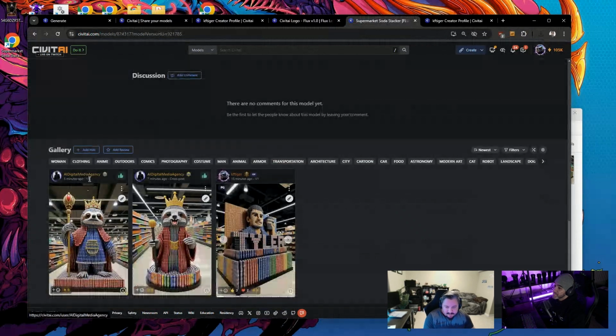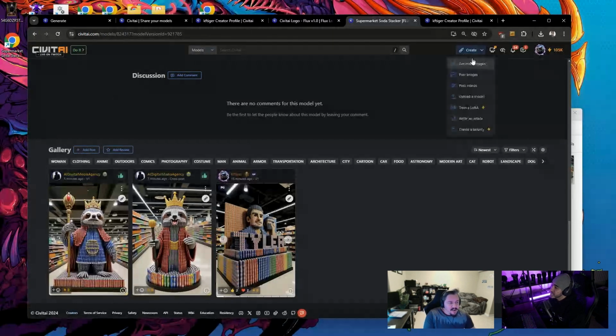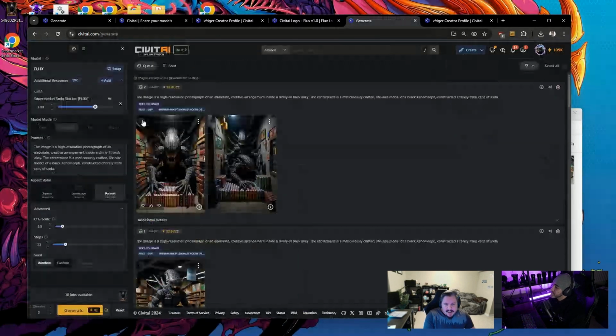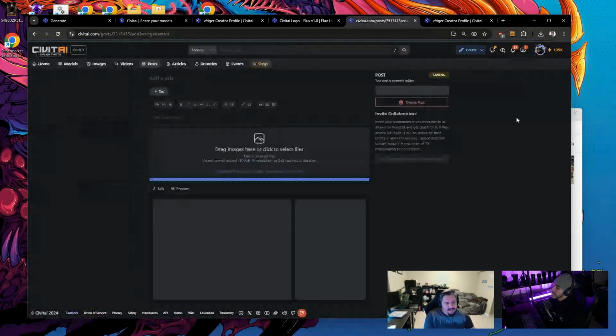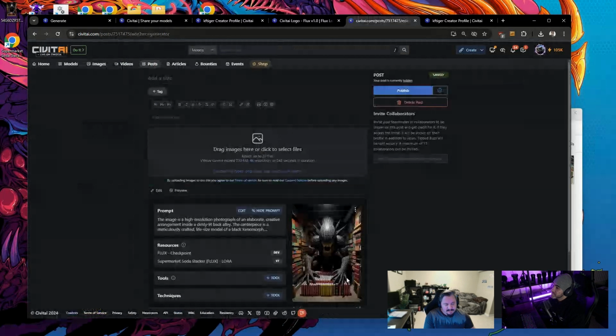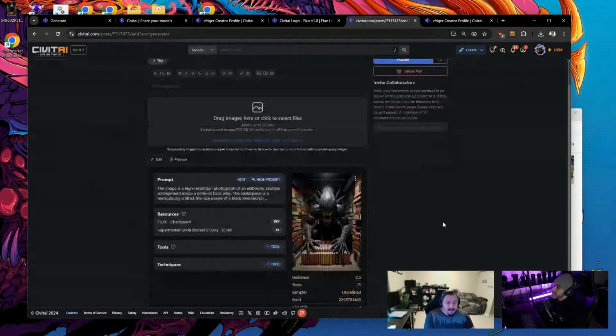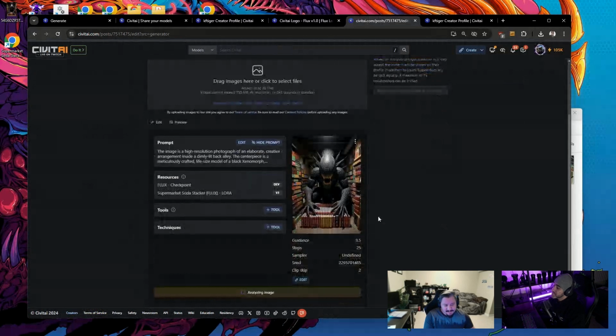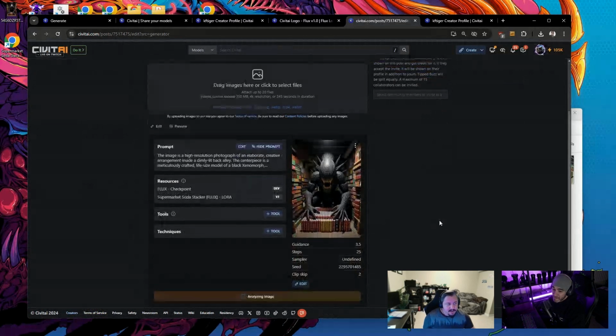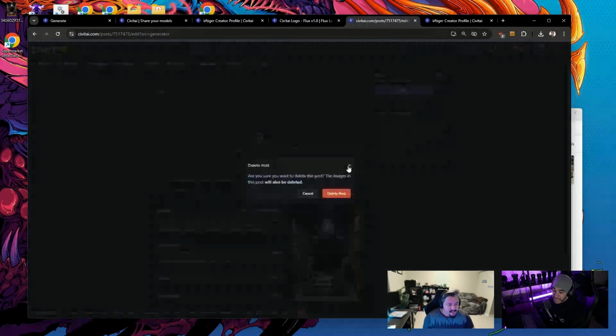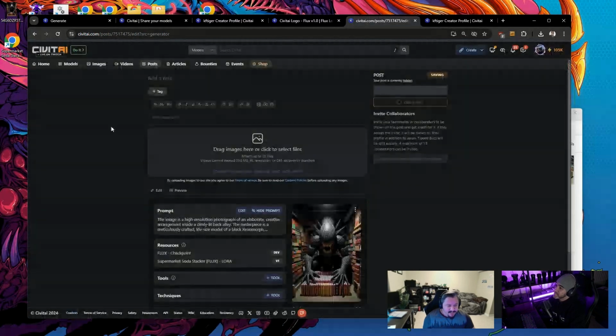AI there, he did it. By posting it directly to the model, you end up getting a buzz bonus for having it posted to the model. If you do it through the generator, like say if I went through here and said, hey, I like this, it's very easy. I can just hit post. The problem with doing it that way is it doesn't actually give any credit to the model creator. And so they won't get any buzz. It's the easiest way to post to the model to give somebody buzz. I don't like to do early access or anything like that. I've done that before.